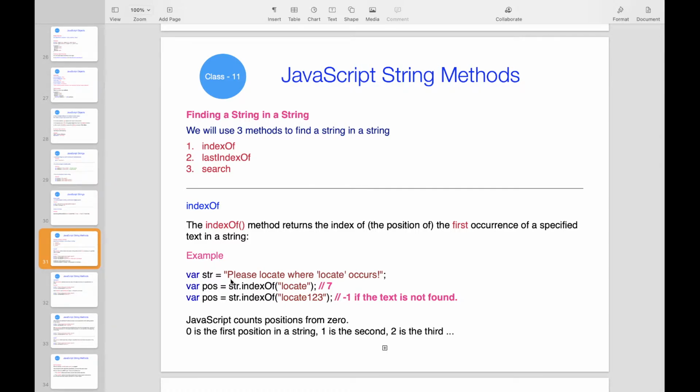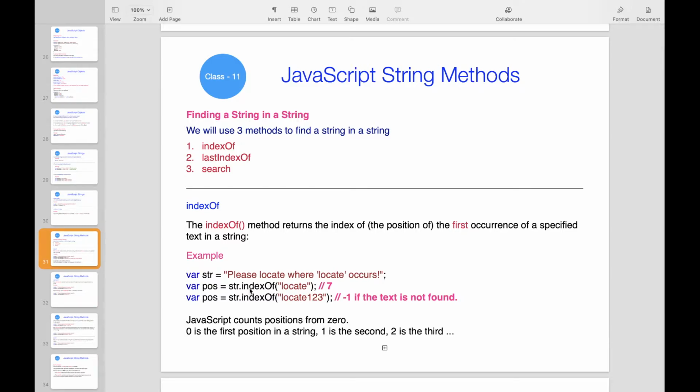Index means position; index and position are actually the same: the position of the character or word. If you take this p in this sentence, p's position is 0, l's position is 1, e's position is 2. So position starts from 0, like 0, 1, 2 for each character. Index and position are both the same, so we need not be confused here. Each character has a position, and p's position is 0.